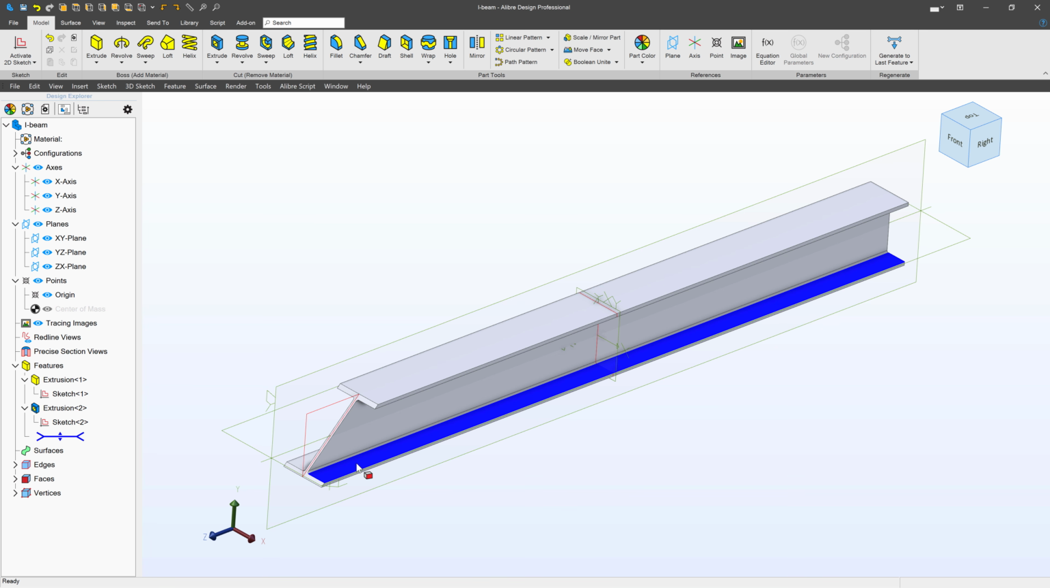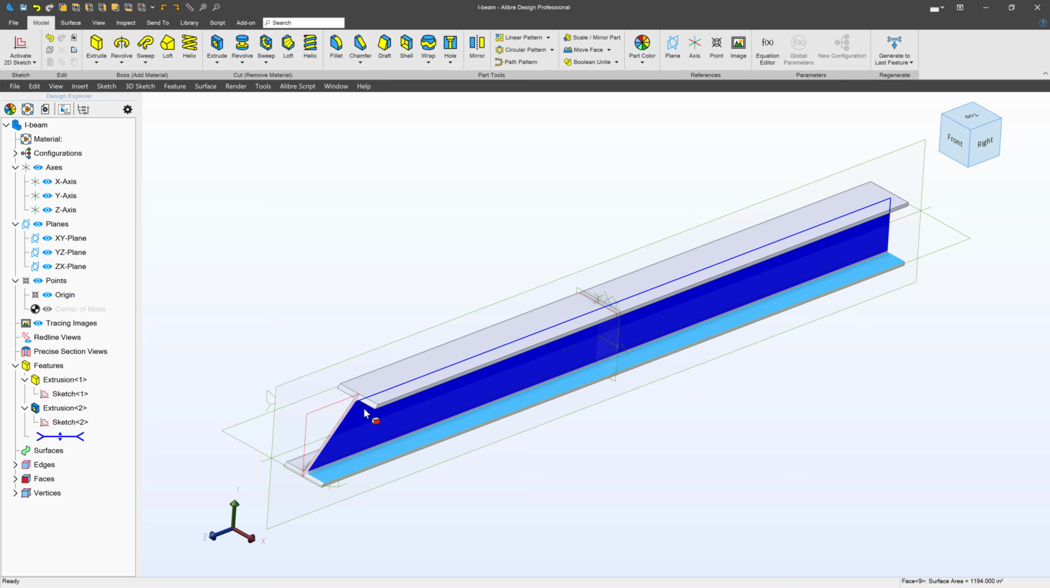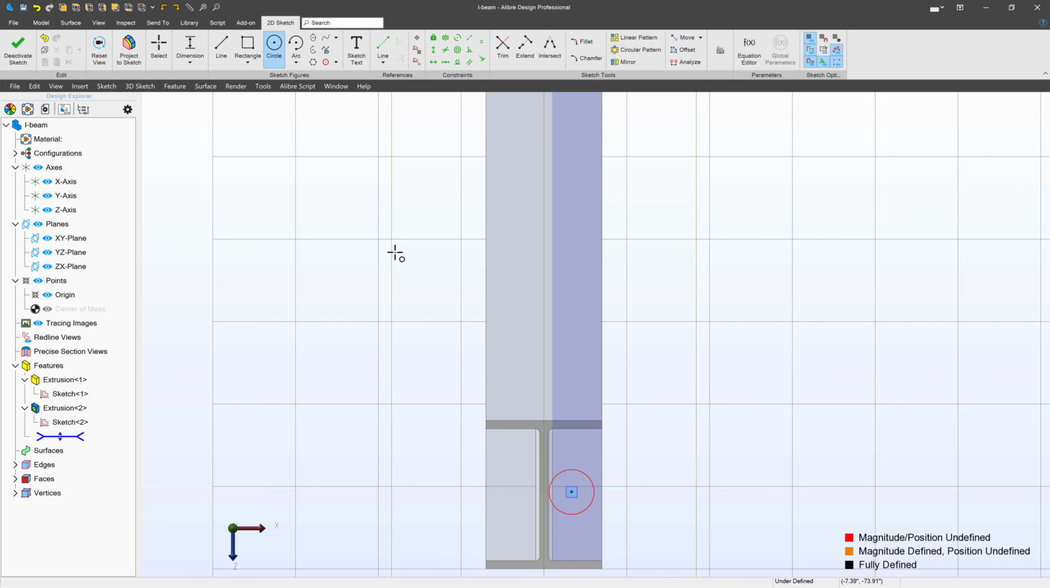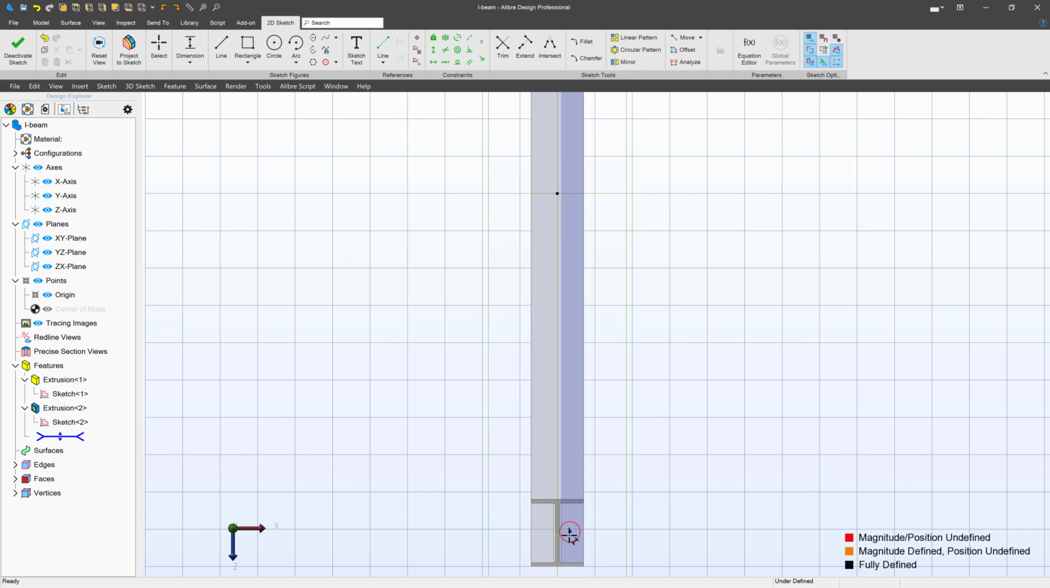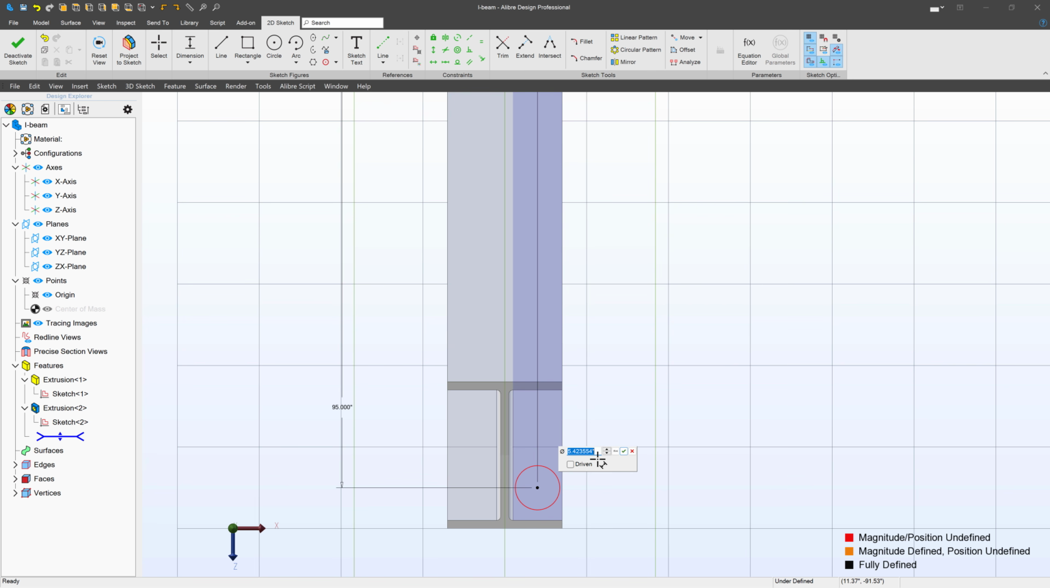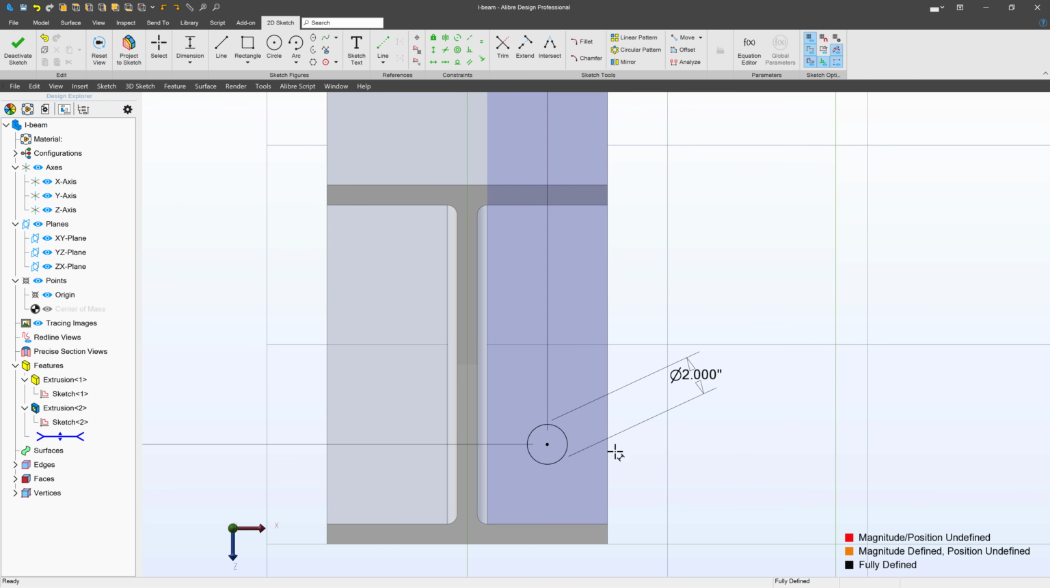Perhaps another concept is maybe we wish to mount something to it and use bolt holes to do so. I can select this face. And I can add a circle. And perhaps I wish my bolt hole location to be off the origin, maybe 4 inches off horizontal. And how about 95 vertically? We'll give this a diameter of 2. That'd be a big bolt, but